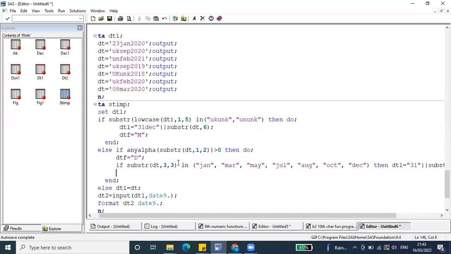And next, if you want to apply lowercase of, okay, so else if